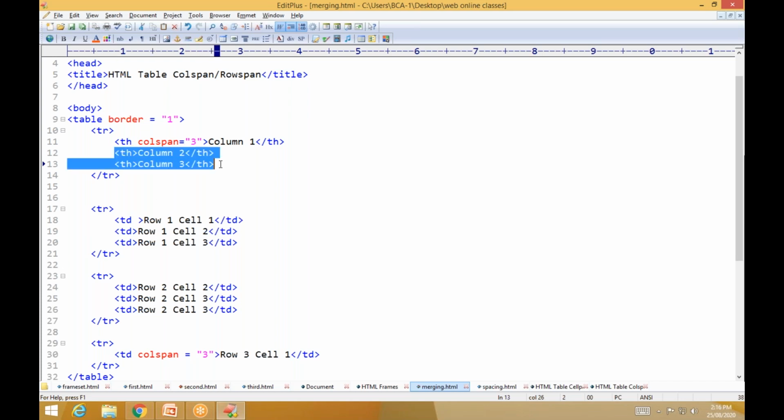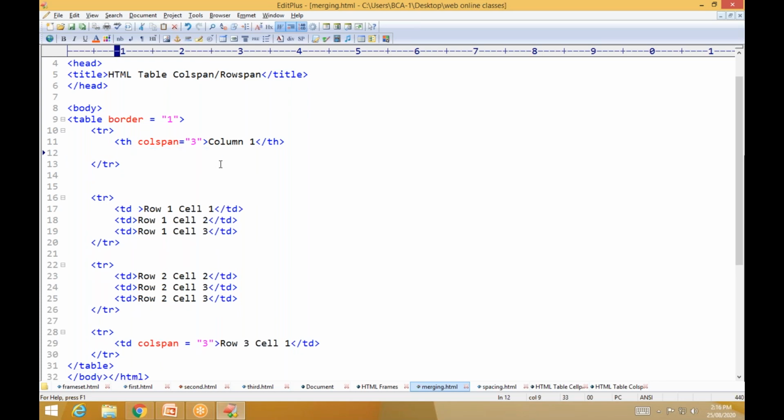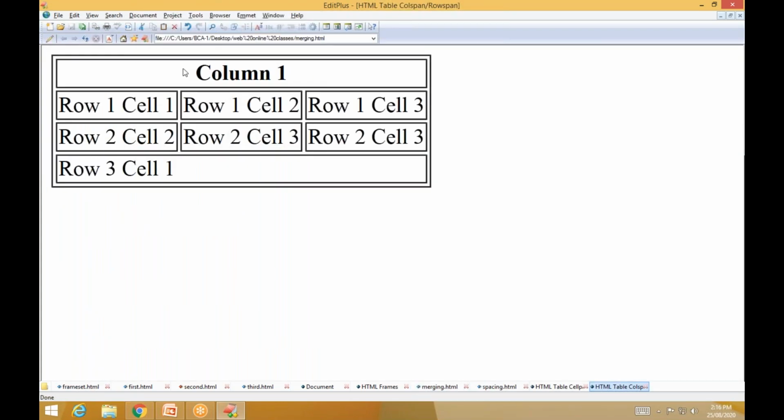Then we have to remove these two, because in the first row I want to make only one column. So for that you have to create only one column in the first row. Okay, see now, the output is one column, but previously it was 3. After merging with colspan it becomes one column.